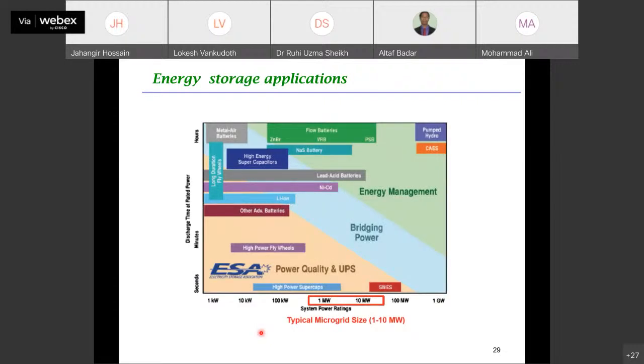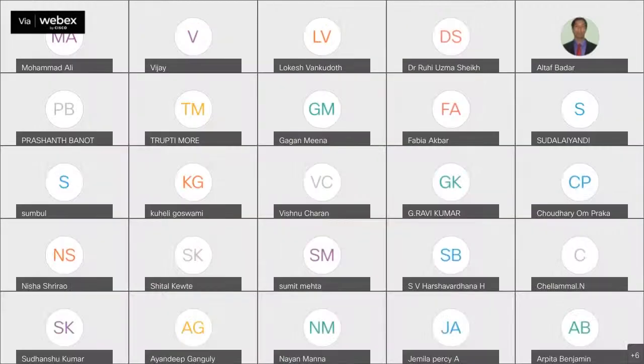In a microgrid, as I said, energy storage is an important component. Depending on the size of the battery, it could be utilized for different applications, and it also depends on the operation that you need. Do you need it in the range of seconds, in the range of minutes, or for hours, or even days or months? Do you need it in the range of